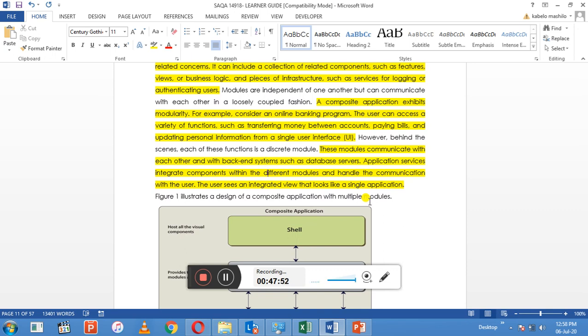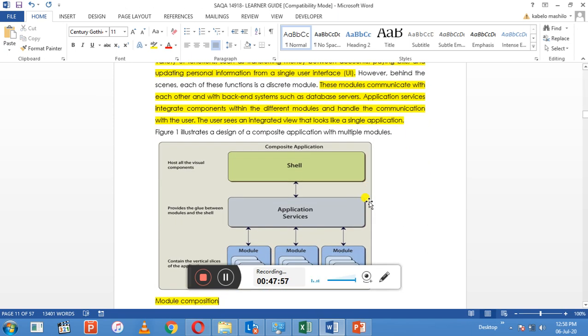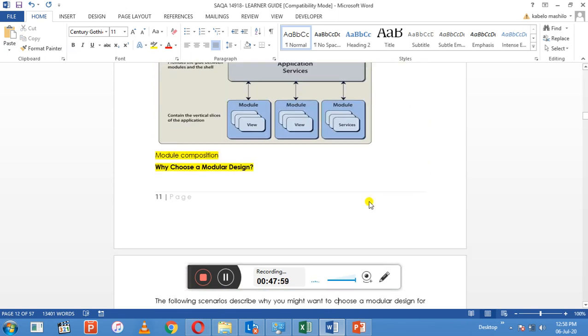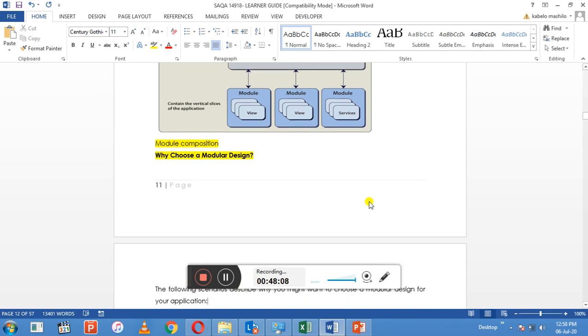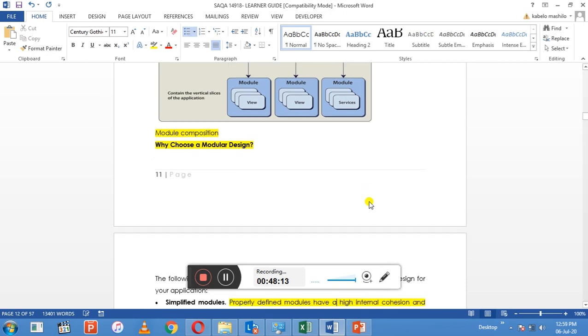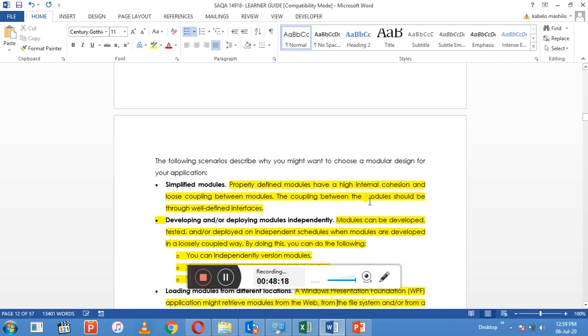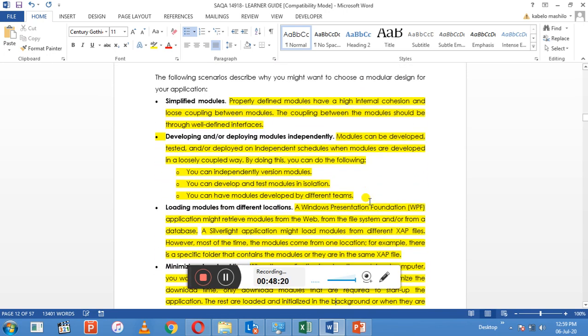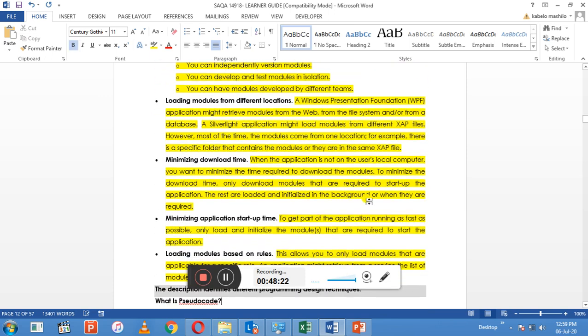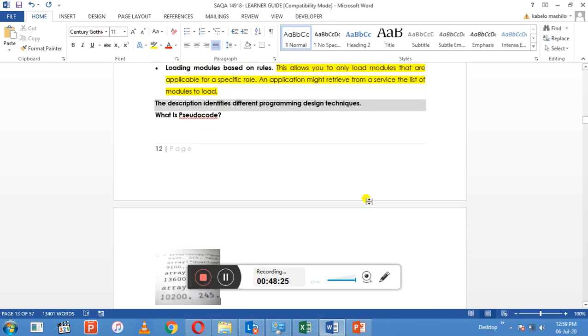your activity, because there will be an activity uploaded which will require you to engage and to answer. You'll be tracked in terms of participation within the e-portal. So you need to understand why you would want to choose a modular design. These are the following scenarios, describing and explaining further,